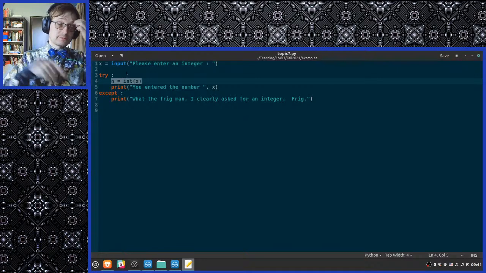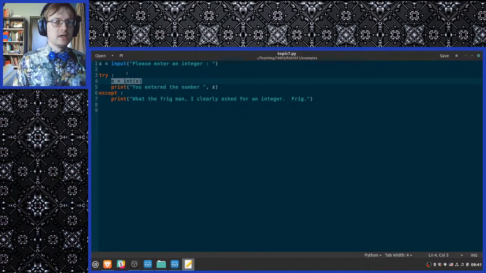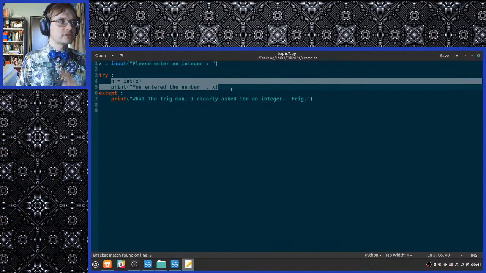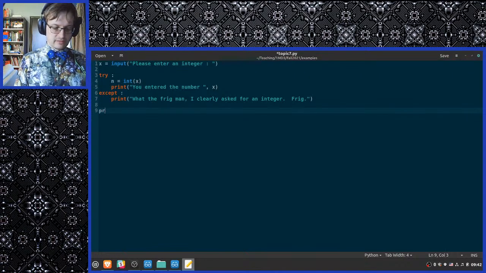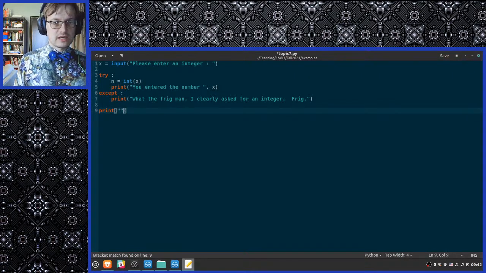If an exception happens inside of a try block, the code inside the try block immediately terminates, and we jump to the except block. Then once we execute the except block, we can do the rest of the program normally.